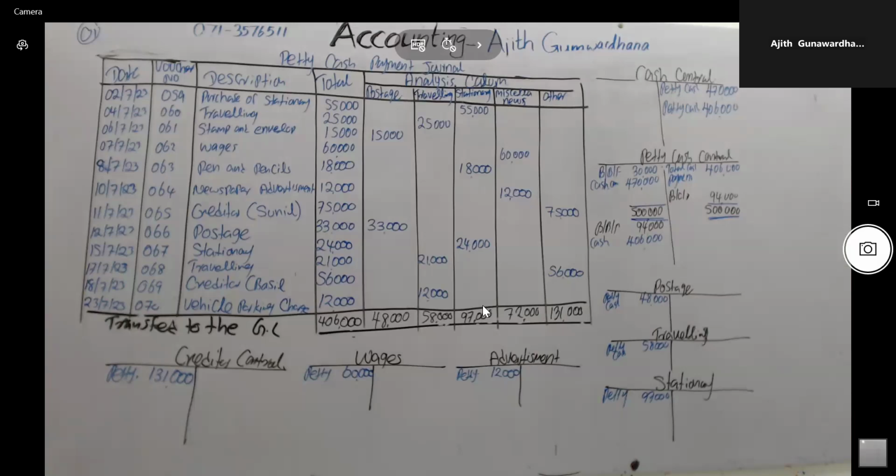It is equal sundry expense. Other column available only payment by issuing checks. Payment by issuing checks available other column. That complete petty cash payment journal and think ledger account also. Think opening balance also available.